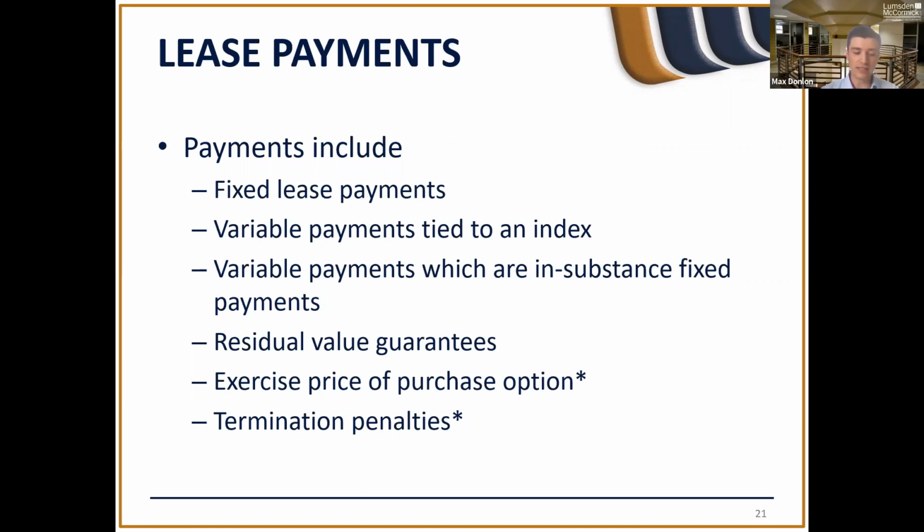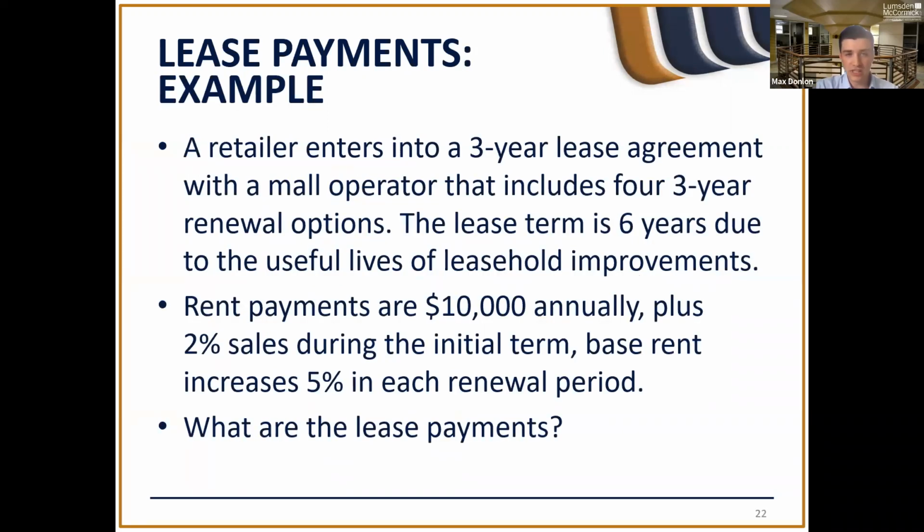Any variable payments which are in substance fixed payments. One thing I'd note here is variable payments should be reassessed when the lease liability is reassessed for other reasons, such as contract modifications. Otherwise, changes in the index would simply be period expenses. Any residual value guarantees, the exercise price of a purchase option if the lessee is reasonably certain to exercise the option, termination penalties if the lease term reflects the lessee exercising the option, and then finally fees paid to structure a special purpose entity. So I just had a quick example of this, and it's